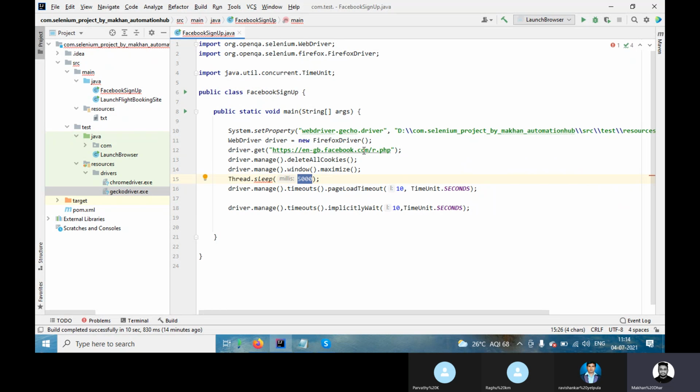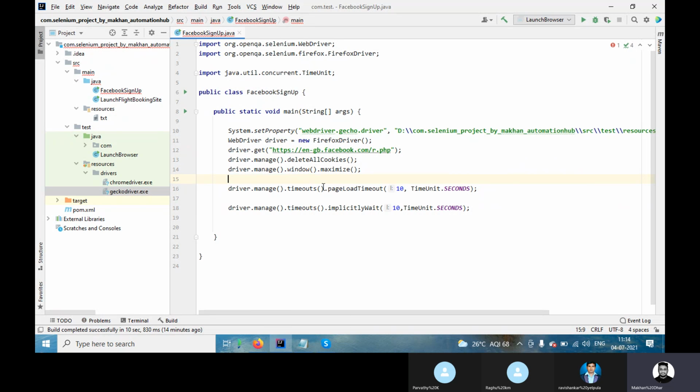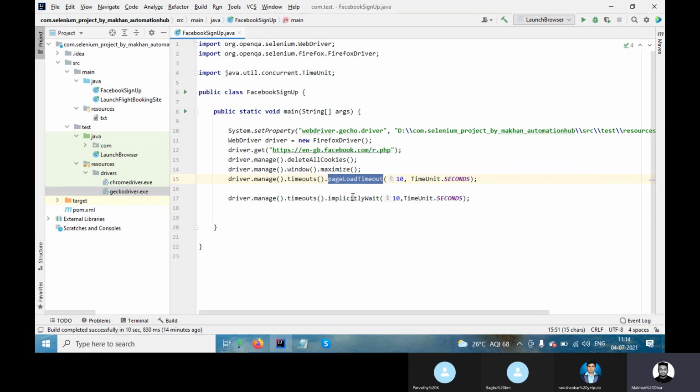Suppose my page is already loaded within 2 seconds, it will still hold for 5 seconds. But if we do not use thread.sleep and directly use page load timeout, and we have given 10 seconds but it comes in 3 seconds, it will not wait for 10 seconds, it will come directly.